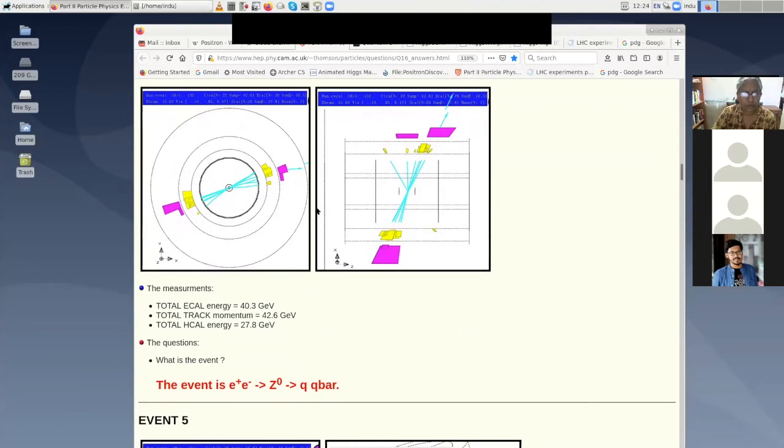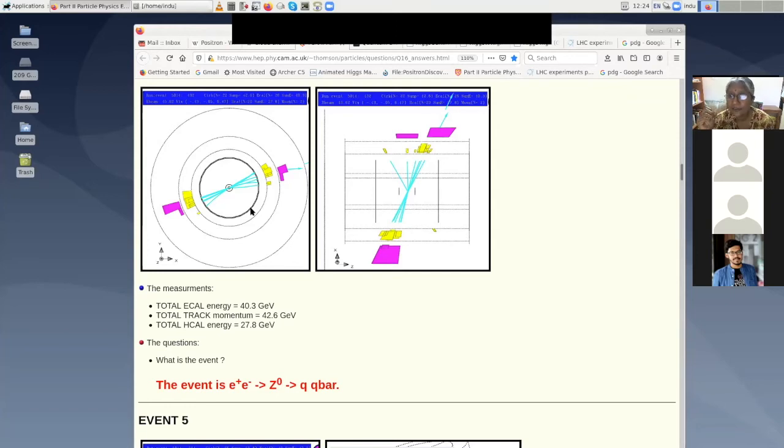So let us see this process. Again, there are two views, but the other view is complicated, so let us look at the left side. Now you see how many tracks are there. In the electron case, there was one track. In the muon case, there was one track. In the tau, because it's massive, there were three tracks on one side and one on the other side. It tells you that there are many charged particles here. So now finally we come to what we mean by observing a quark.